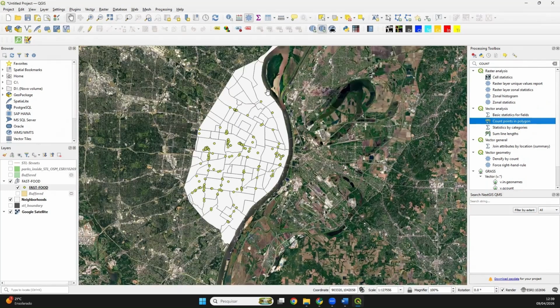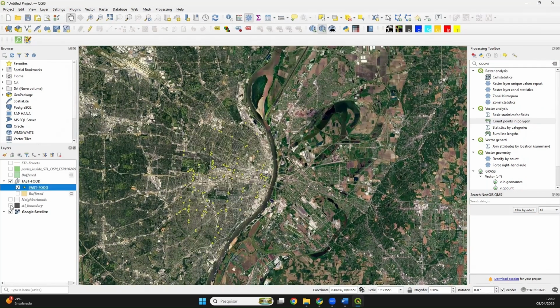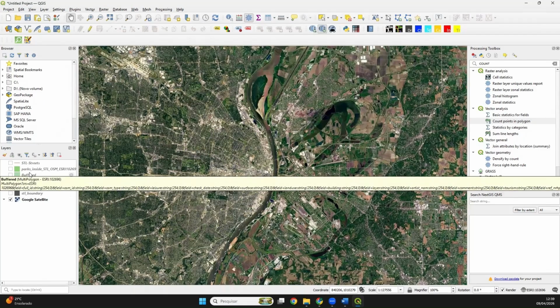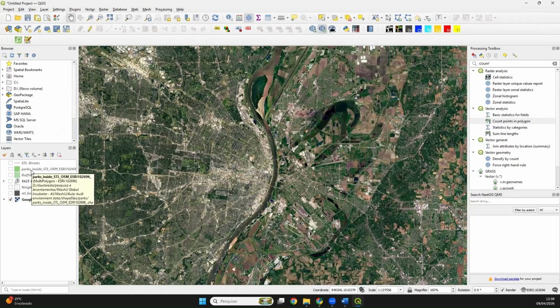I think QGIS is pretty intuitive. It's easy to use. And it's important to make sure that you understand what you're analyzing and what the results show about inequities or health outcomes. But I think it was the main goal for today's